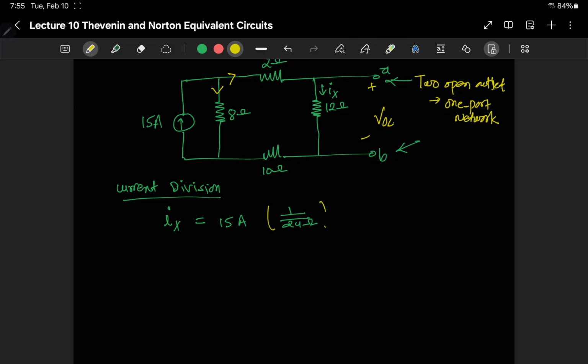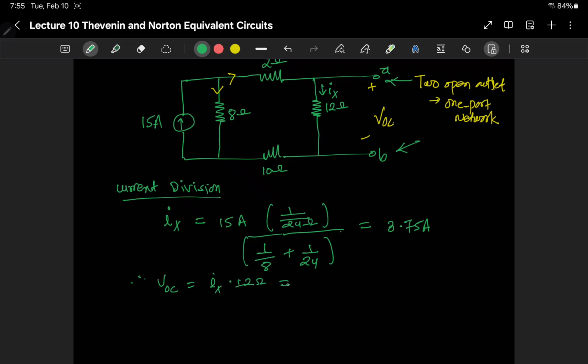So that is the resistance there, 1 divided by R equivalent of this side, divided by 1 divided by 8 plus 1 divided by 24. Okay, and that will give us 3.75 amperes. Therefore, we can calculate VOC as Ix times 12 ohm, which is 3.75 times 12, equal to 45 volt,